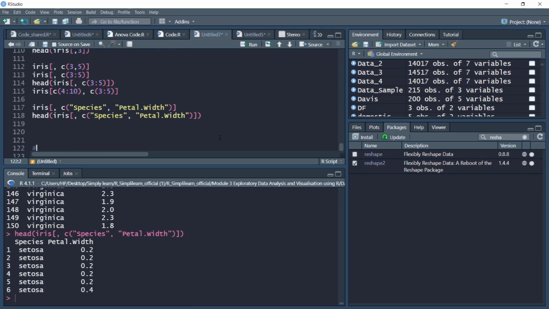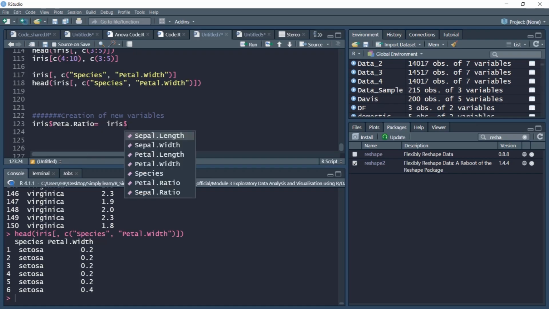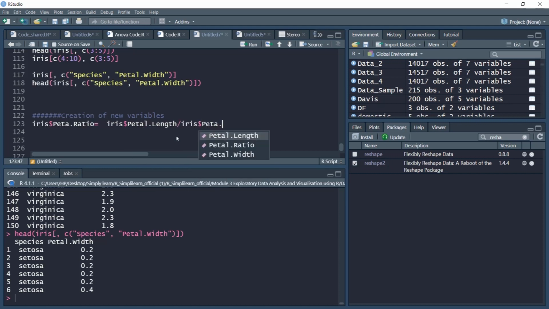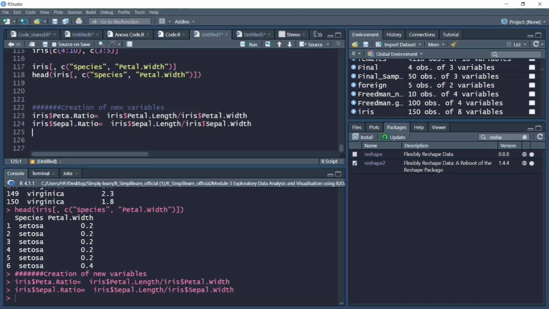Now we'll come to the next step, which is creation of new variables inside the data frame. So the way to do it, let's say you want to create a new variable called petal.ratio, and this variable is equal to petal.length divided by petal.width, and you want to create another variable called sepal.ratio, sepal length divided by sepal width, and you run that as well.